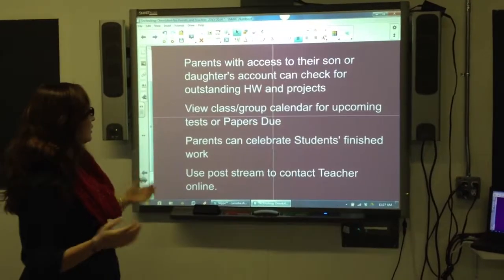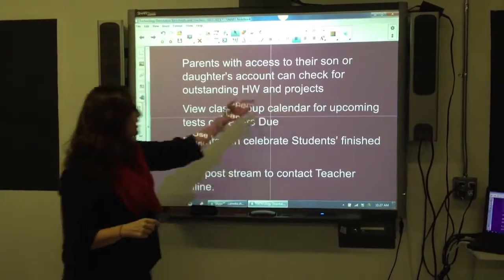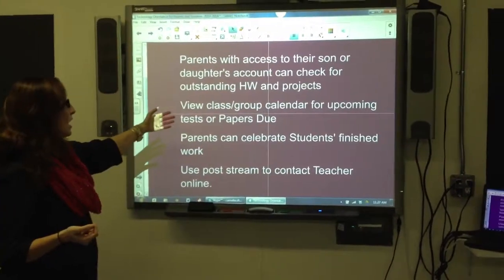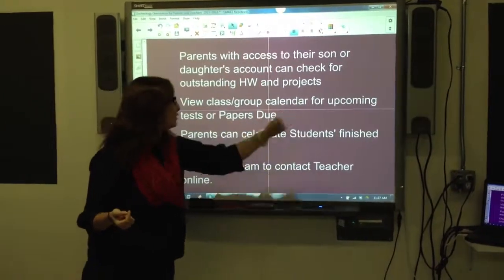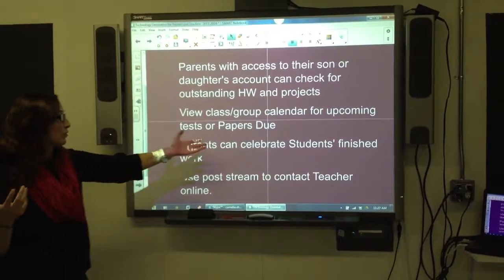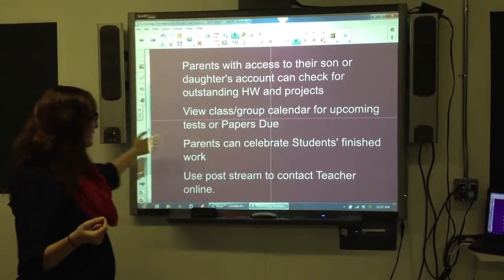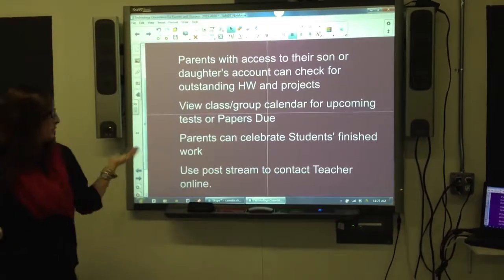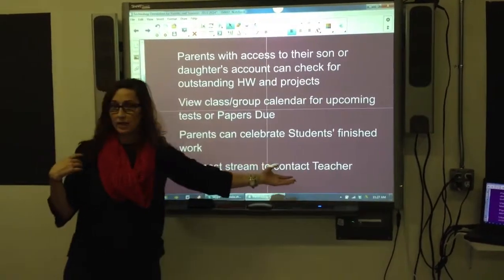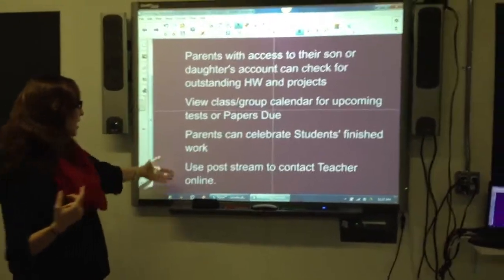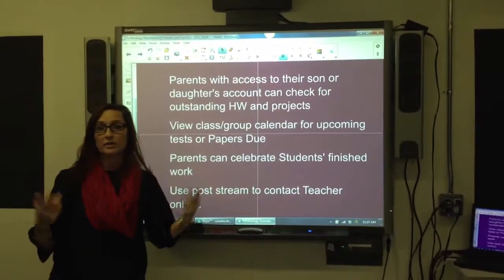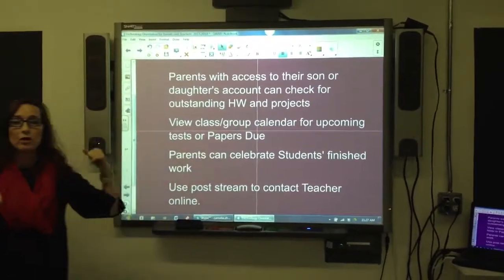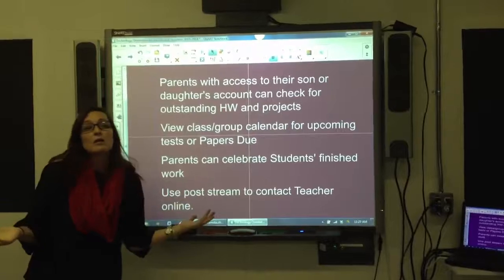So how does it work? Continuing, parents can access their son's or daughter's account and check for outstanding homeworks or projects. We talked about this. They can view the upcoming calendar for tests or papers that are due, and they can remind their son or daughter. They can celebrate the work, which we talked about, and they can contact the teacher, myself or other teachers, to ask questions or just discuss or ask for a phone call or whatnot. If Edmodo or if online discussion is preferable for